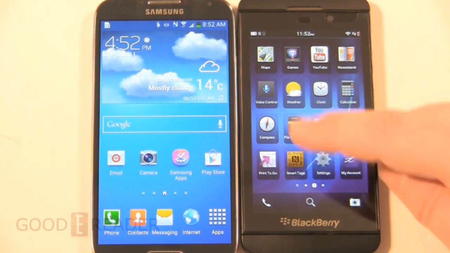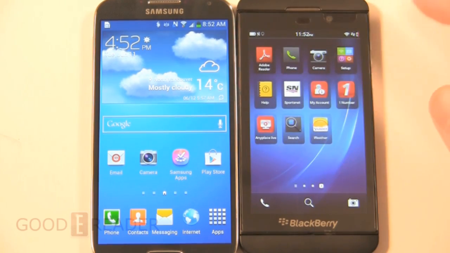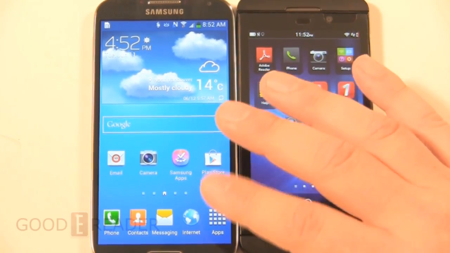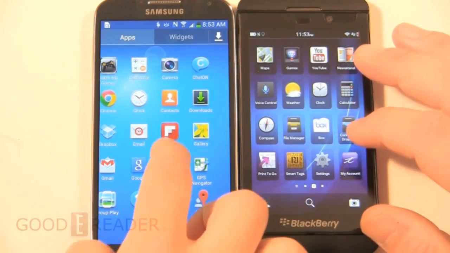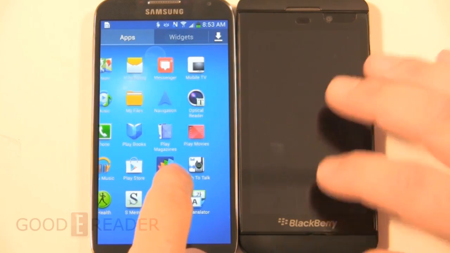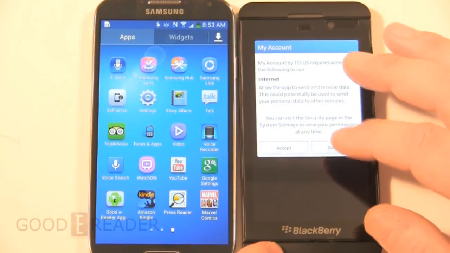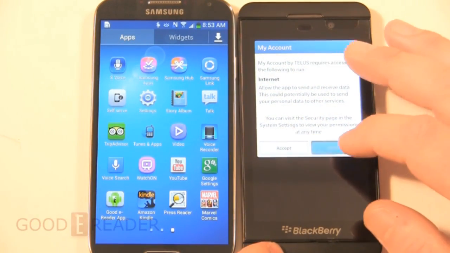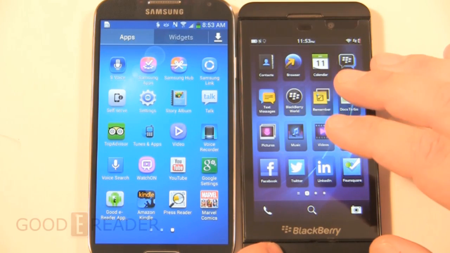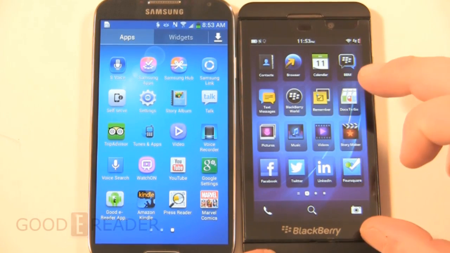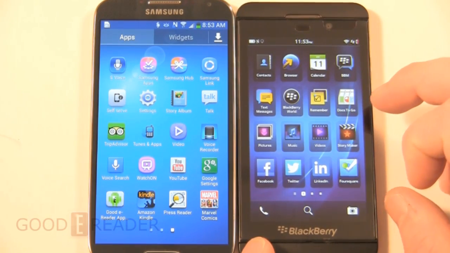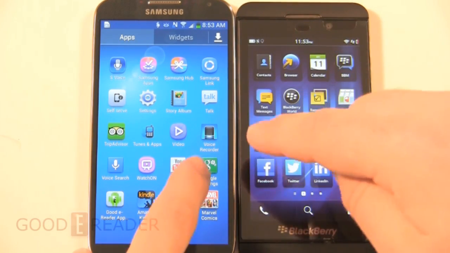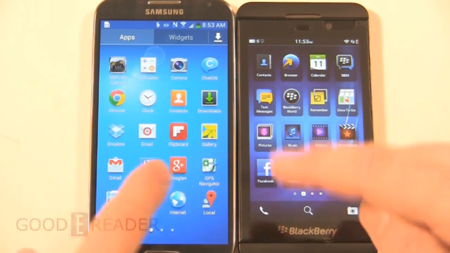So it comes down to, what do you want to do with your phone? If you want an Android experience, go with this. If you want more of an email-centric text and BBM messaging experience, I'd probably recommend the Blackberry Z10. You can't really go wrong with either of these devices, but I lean more towards Blackberry from a productivity standpoint. Not really too enamored maybe with a lot of games, but you know, with Kindle, Marvel,